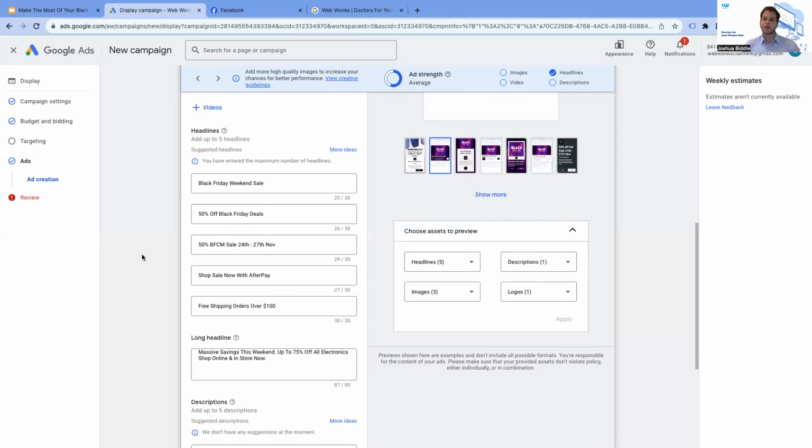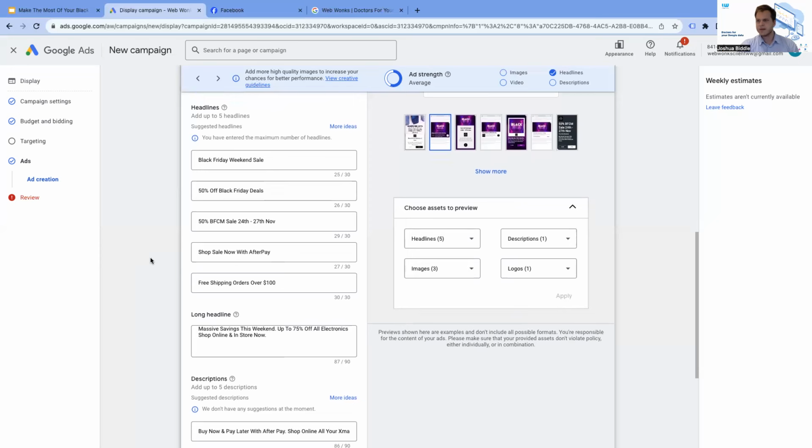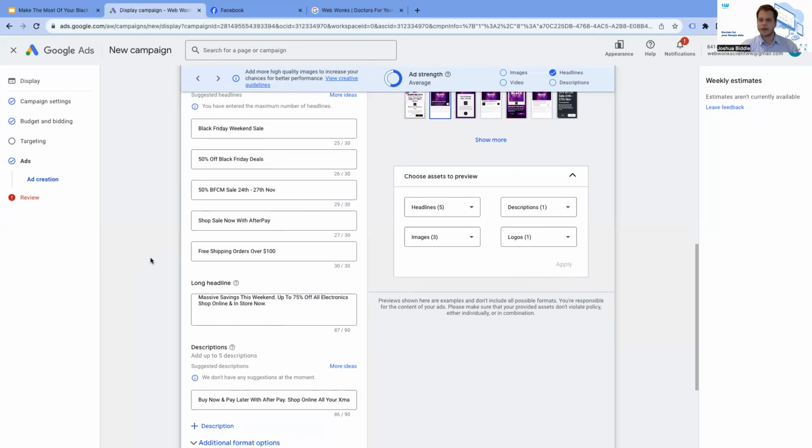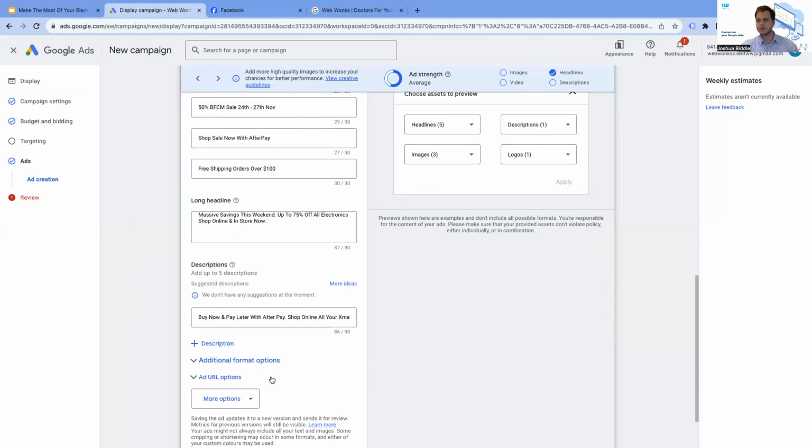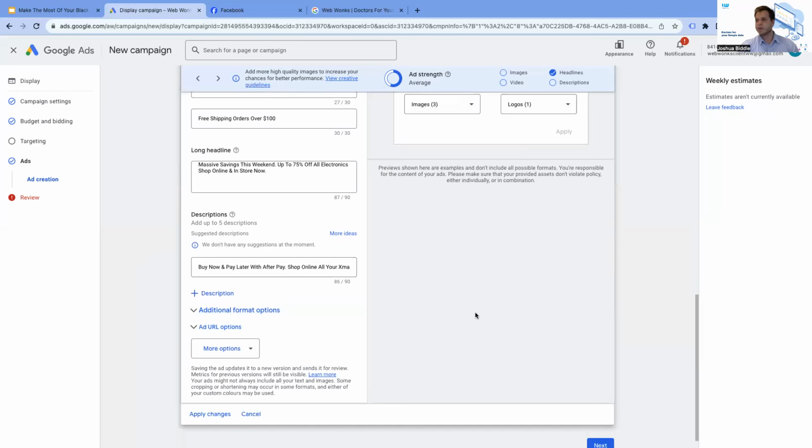Fun fact for you guys as well. Afterpay on Shopify websites statistically has been proven to increase conversion rates by 60%. We all like the thing, you can buy now, pay later, and it's growing. It's not stopping. It's going to continue to grow. You also have the opportunity of doing a long headline here as well, and your description down here. So when we put that all together,